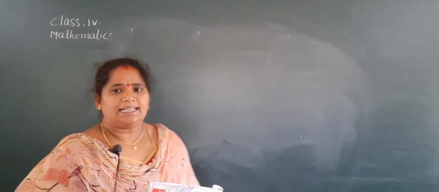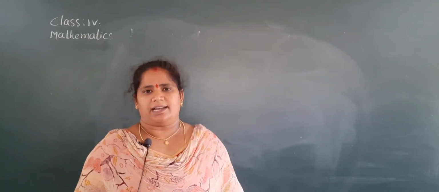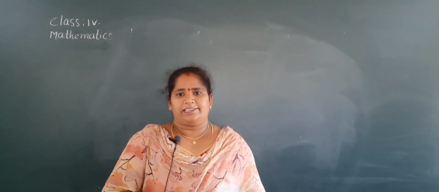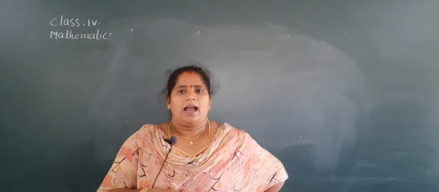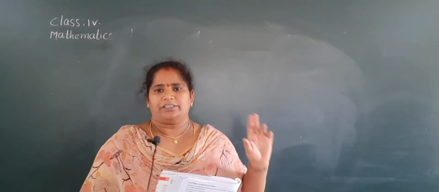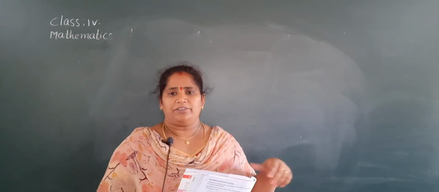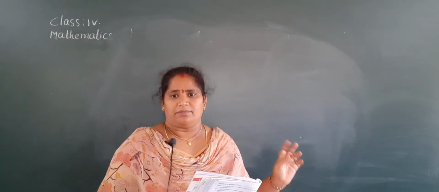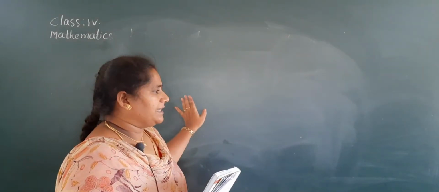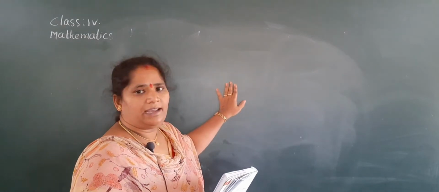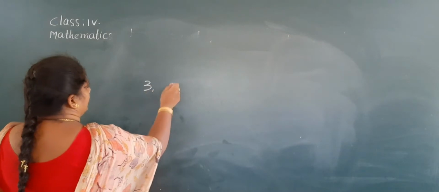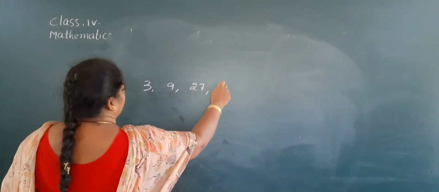Okay, so in today's class what we completed, children, once again we revised that. Tell me, Nana: patterns in multiplication and how to solve the word problem. So how will we find the pattern? First you observe the two numbers and find out by which number we should multiply the given number to get the next number. Each number is multiplied by one specific number. Suppose let us take one more example. I will explain. See, 3, 9, 27, 81.